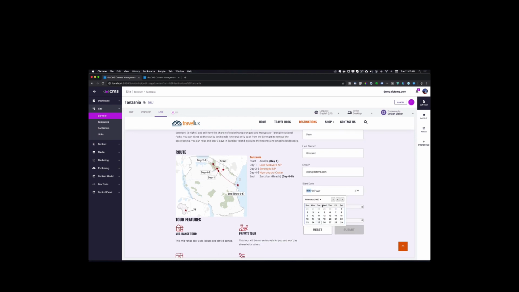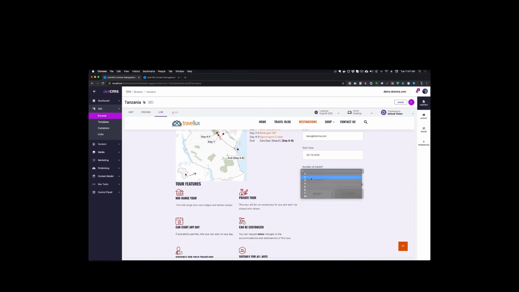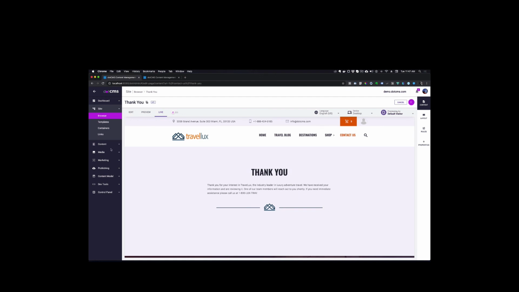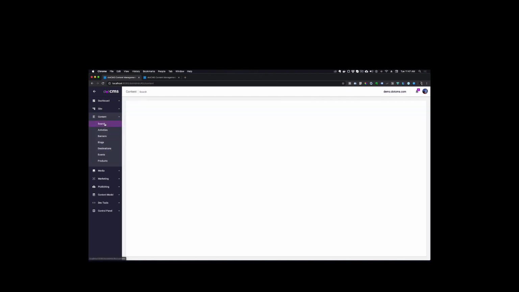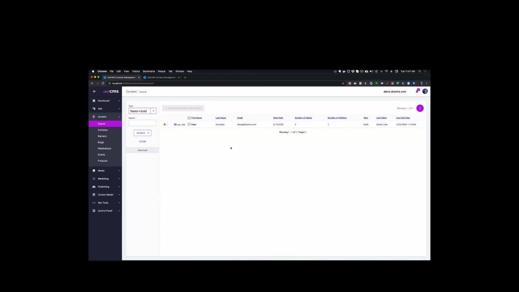But my start date is March 19th, my birthday, and I'll have 2 adults and 1 child, and I'll go ahead and submit this front end form. It goes instantly to my thank you page, and I should be able to come here to the content search manager and then go to that content, which is just like any other content here under request a quote,